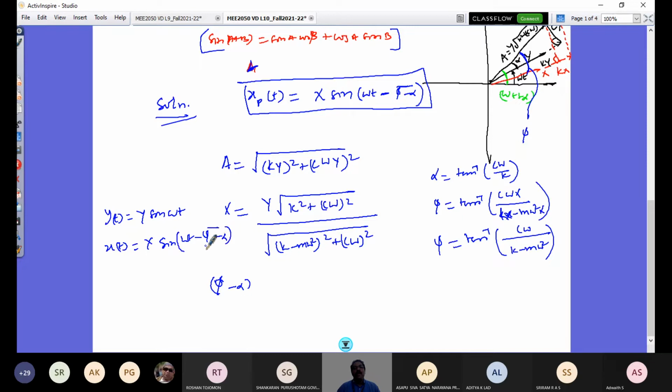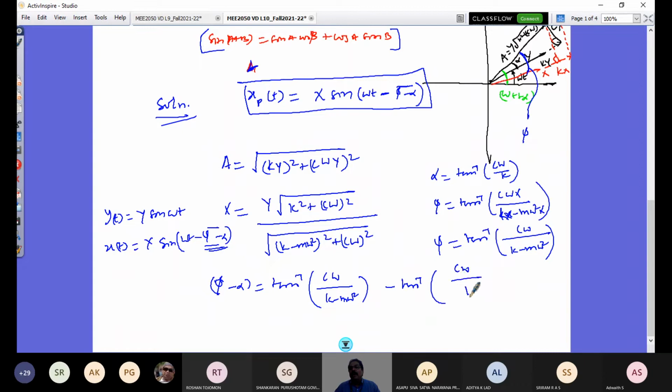So this is what is now collectively called the phase difference between excitation and the response, and that would be simply phi minus alpha. So you will have this difference. So tan inverse of, you will see this is quite useful in vehicle dynamics. You will be seeing this. Once again, we will revisit this, right? So tan inverse of C omega by K minus M omega square minus tan inverse of